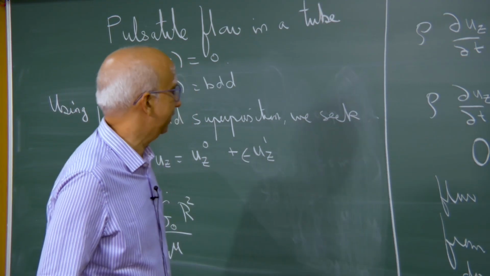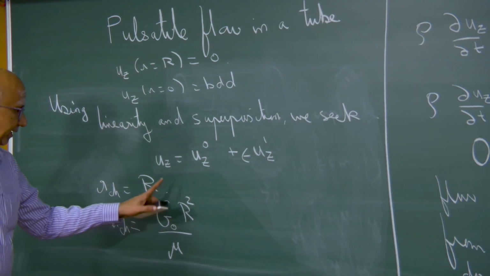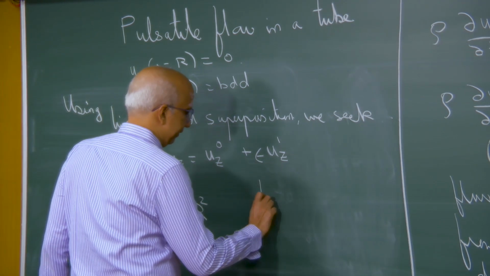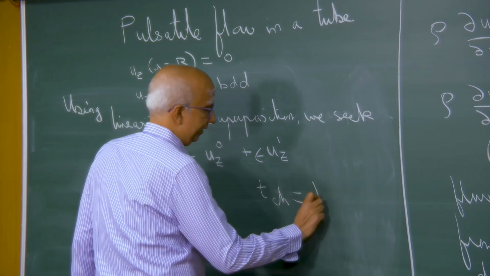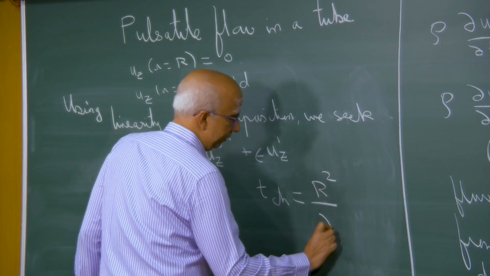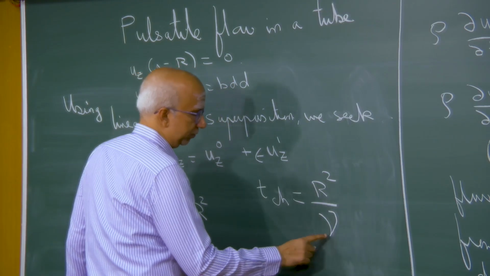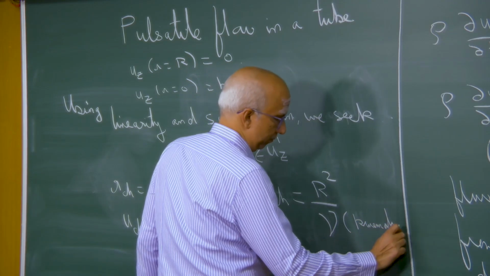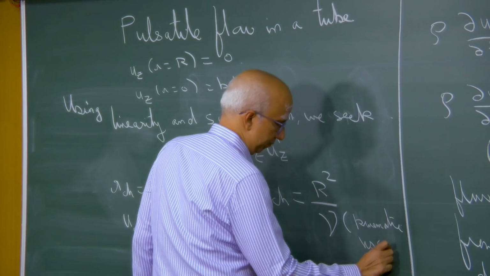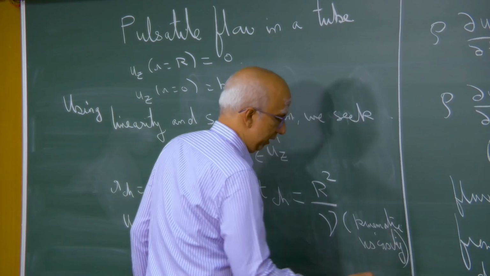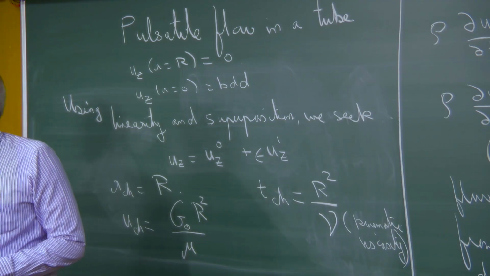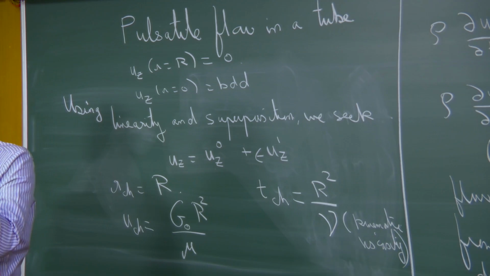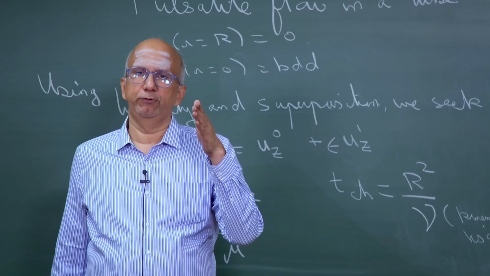You can check and verify that this indeed has units of velocity, and T characteristic I am going to define as r squared divided by nu. This is the kinematic viscosity. So this time T characteristic basically tells us the time taken for the momentum to diffuse over a